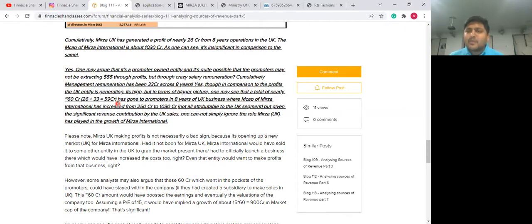Obviously, this is something which opens a lot of doors for discussions. Yes, some of you may argue with the PE logic that it's not really generating a 60 crore profit every year, right? How can you actually multiply it by the PE ratio and come up with a 900 crore market cap? But, like I said, the company which grew from 250 crore to 1000 crore, maybe perhaps would have at least grown to 1500 crores, if not 900 crores.